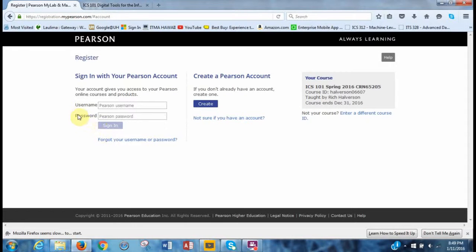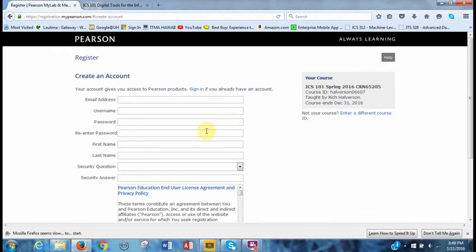Now, if you do have the proper access code, or you have an account already, you can sign in here. But if you want to create a temporary trial account for 2 weeks, just click the button here, Create. And now here is where we use that email address that we have. We're just going to enter our information here. Mine would be my username, Davis, K-U-R, at, and then the email, ics101.org,